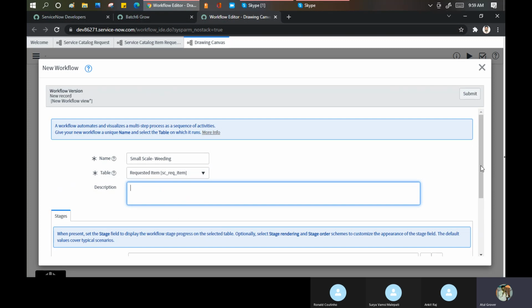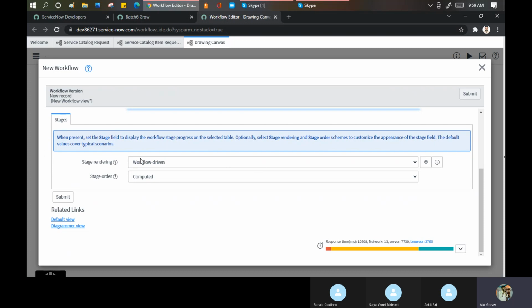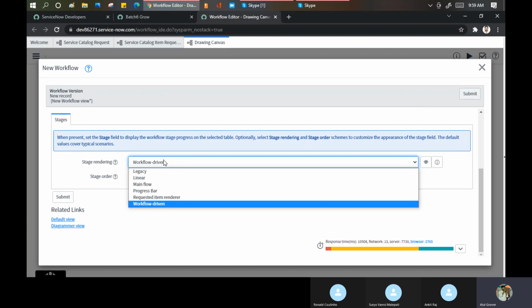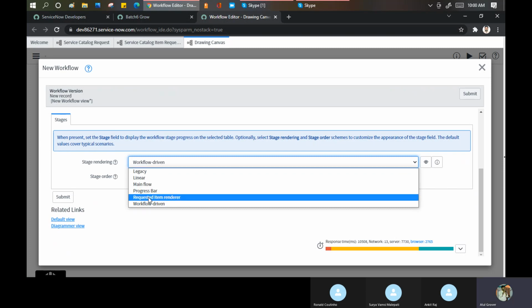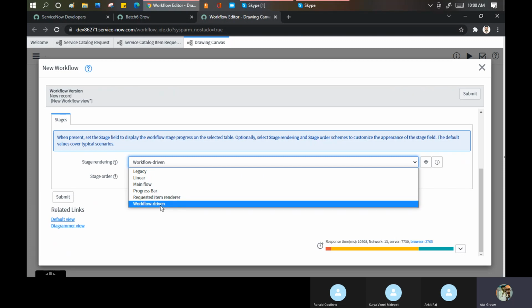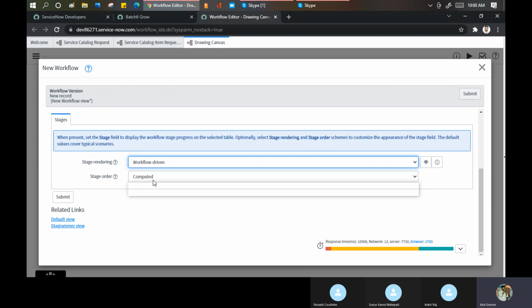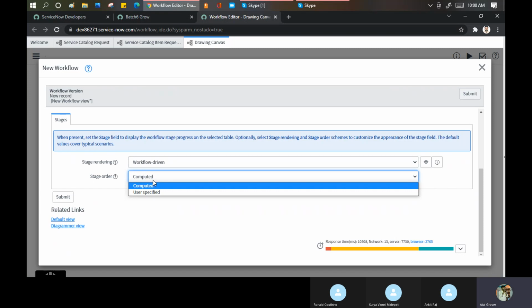Then generally, these are the stages here. What this means by stages is how your workflow will be driven, how your workflow will be executed. So generally what we say is that it should always be workflow driven. What I mention in my workflow should be used, only that. Very clearly, I never work on these other things. And I don't even know what their purpose is, mainly. We always say it's workflow driven and the staging order should be computed the way we are defining in the workflow part.